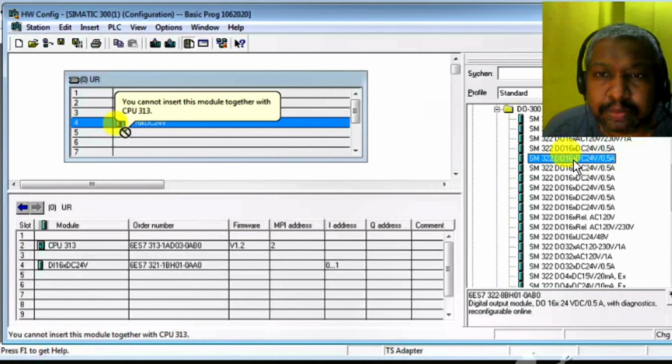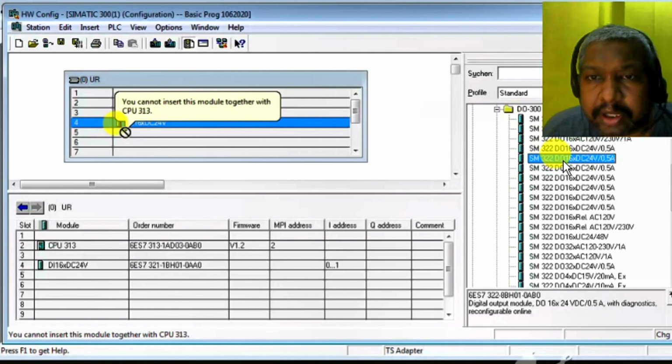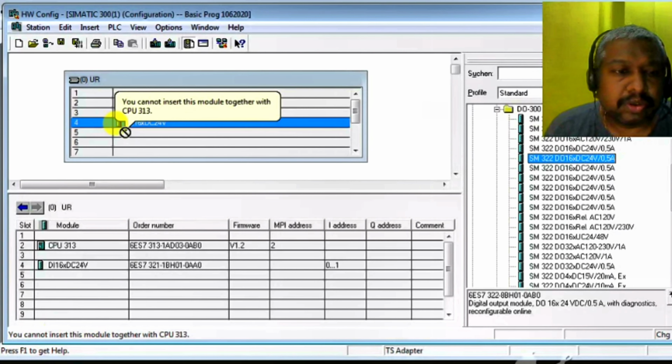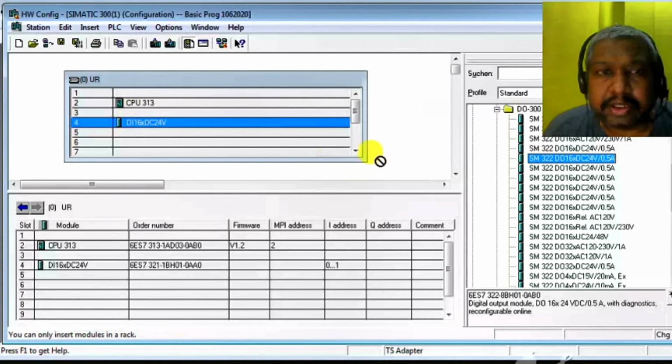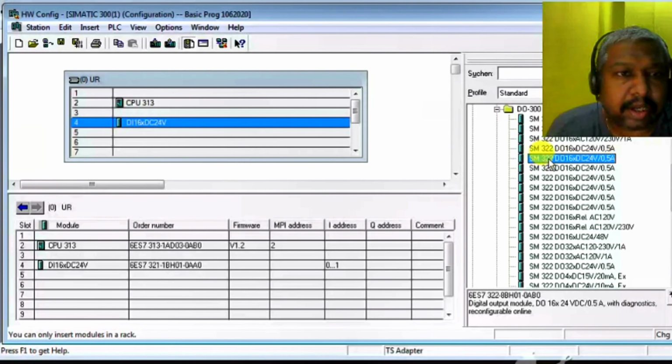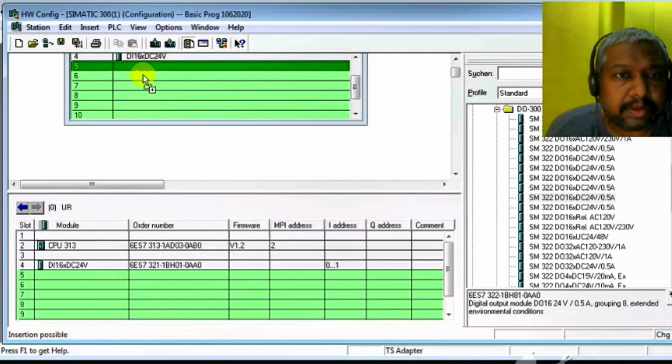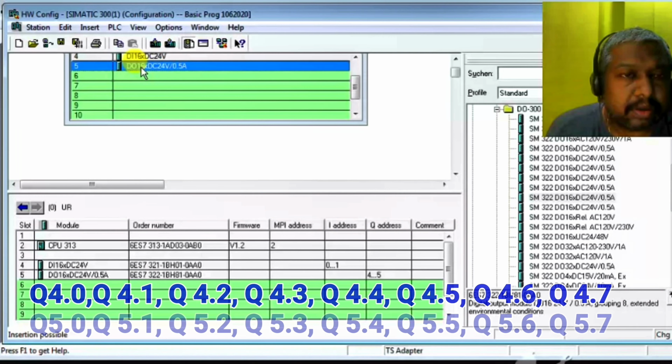This is output, DO16, that means 16 bit digital output. Select it and insert in the rack, row number 5.